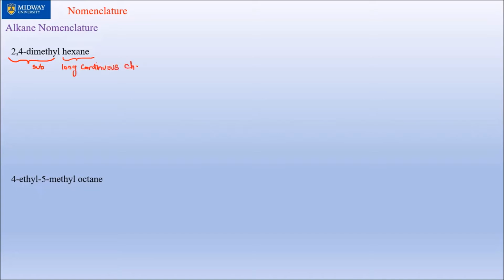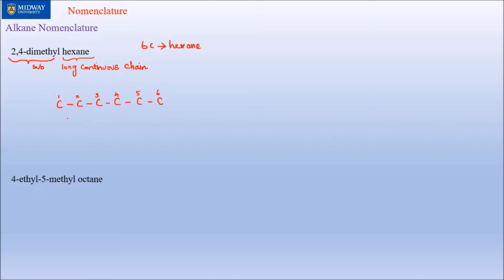So that means first you draw 6 carbons: 1, 2, 3, 4, 5, and 6. That's your hexane, because 6 carbon is hexane, right? So first you fix your long chain. Now the reason I said given a name, writing a structure is easy is because you do not have to determine where to number from. Just pick one side, and so I'm going to pick this side, 1, 2, 3, 4, 5, and 6,